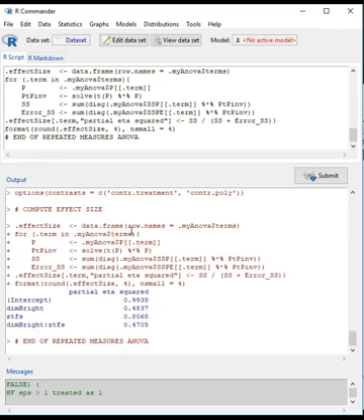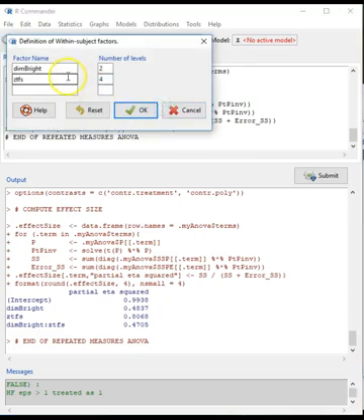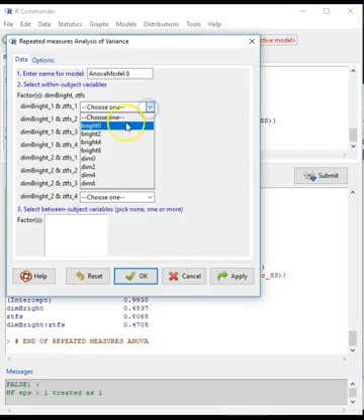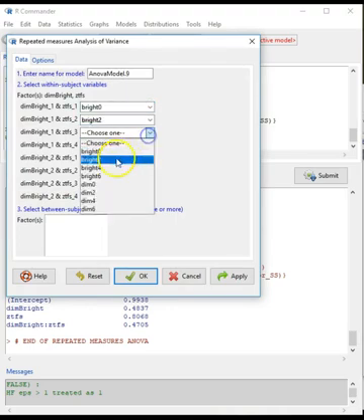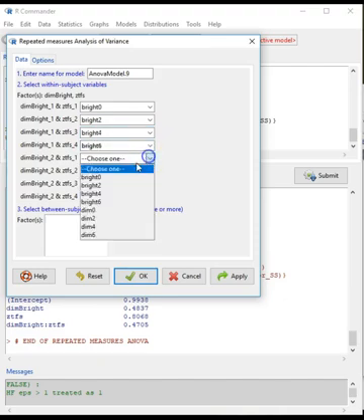So now, given that we have a significant result, what we want to do next is to go once more into statistics, means, repeated measures ANOVA. This stays as it was before. We need to submit this once more, bright 0, bright 2, 4, and 6, and then dim 0,